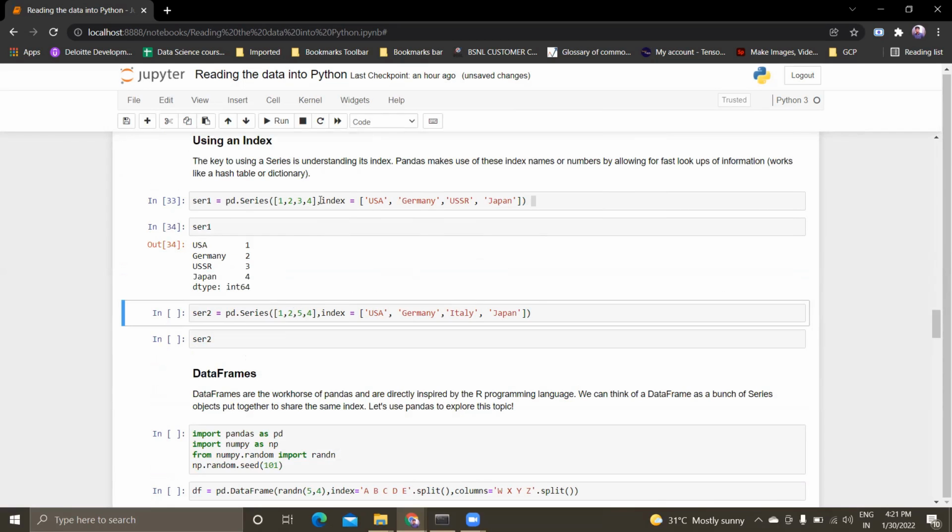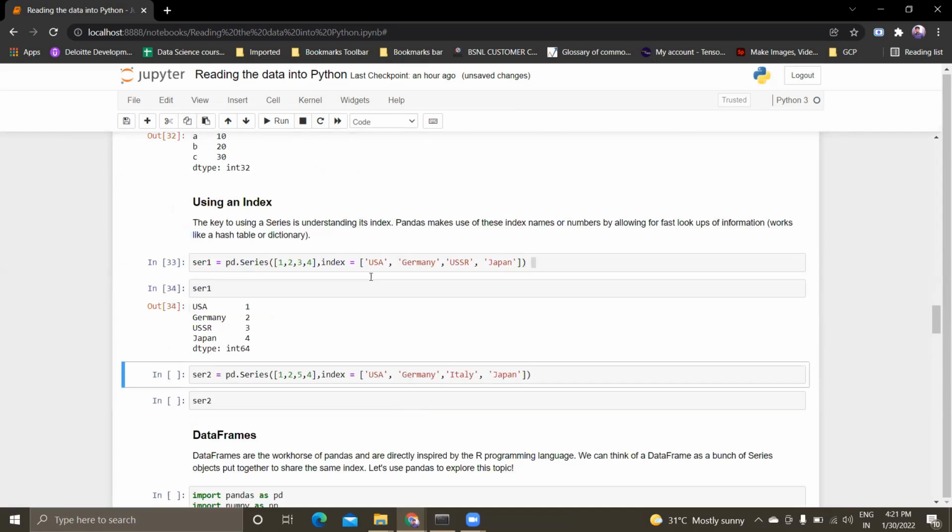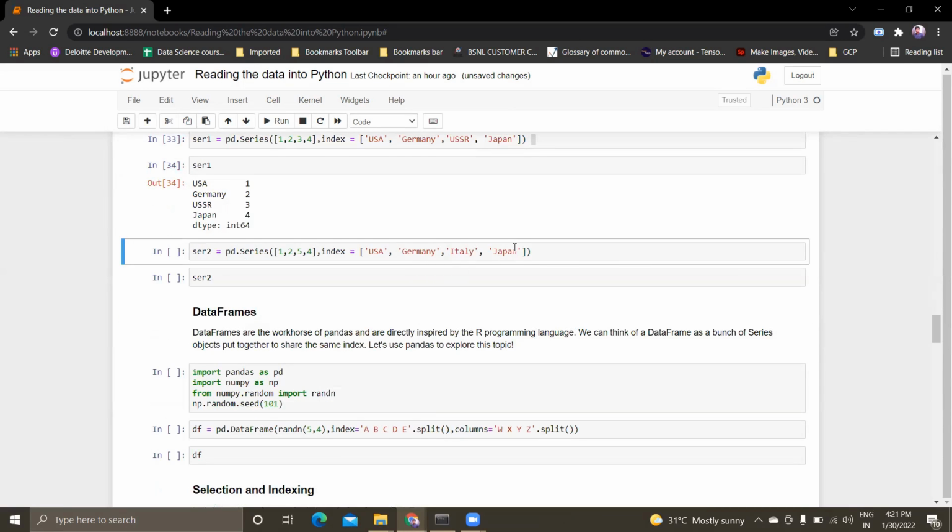So we can create a pandas series like this, as well as pass the column name also here, like columns equal to country.